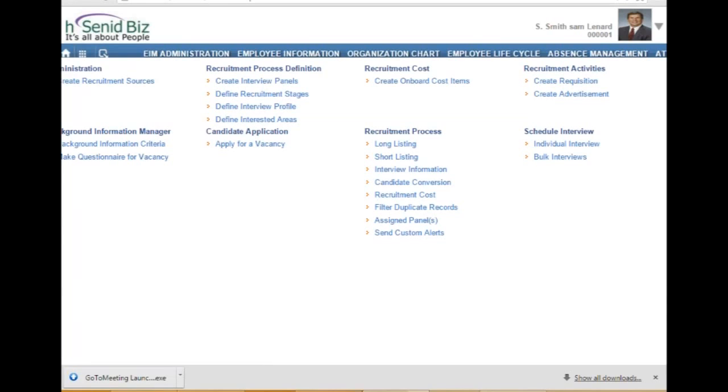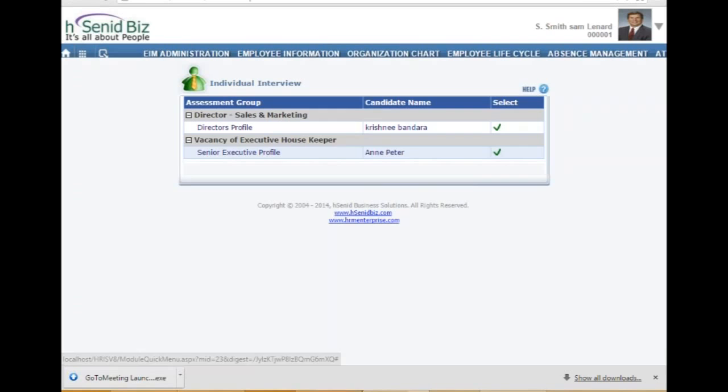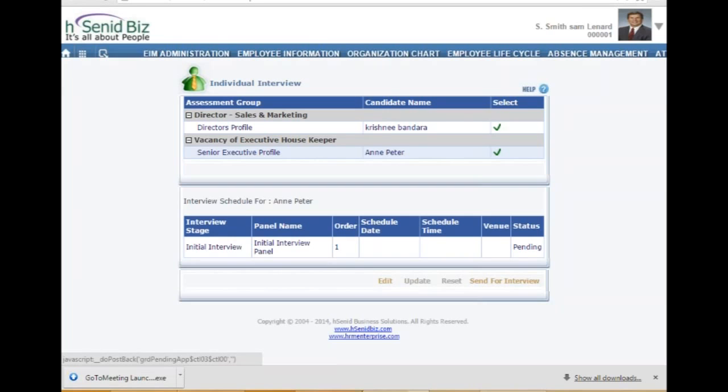Once we shortlist an applicant, we have to schedule the interviews for this particular employee. For that, here we can see the vacancy and the shortlisted candidate. You have to select the candidate, and here you have to edit.